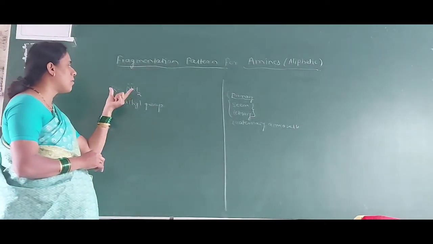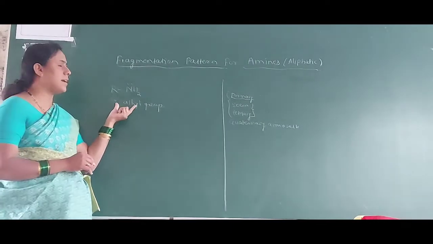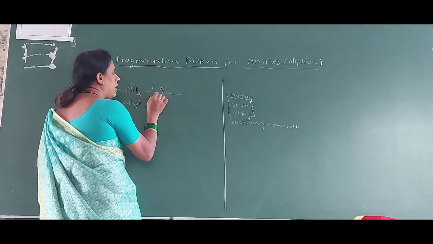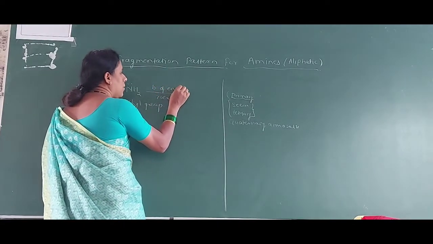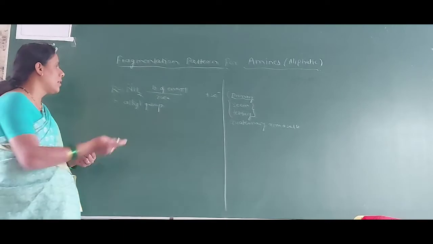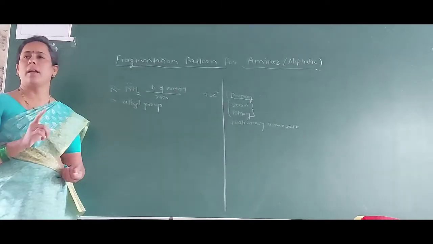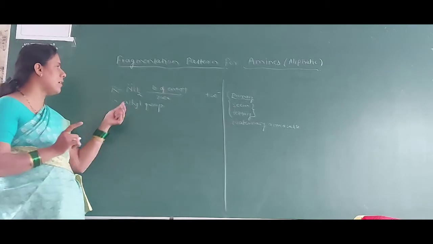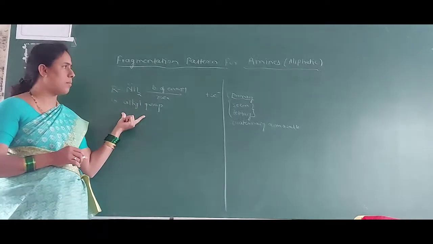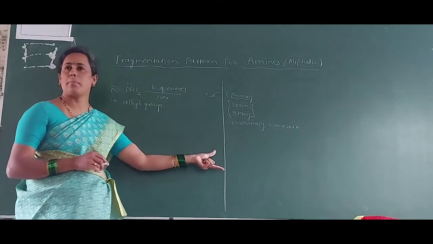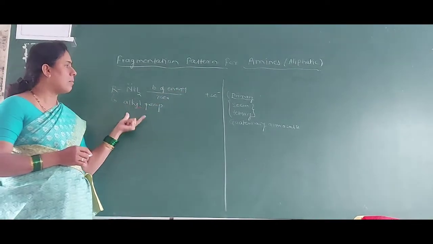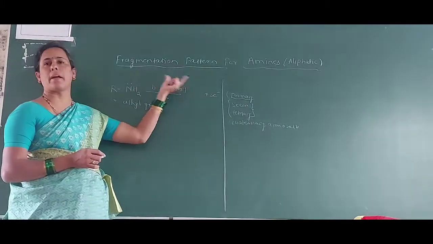First, we have to convert the given compound into a molecular ion form. That is, we bombard it with high-energy electrons, with the liberation of 2 electrons. After that, we have to cleave the alkyl group in such a way that we get the required mass spectrum. First of all, we will take the example of an aliphatic amine. Then we will draw the mass spectrum pattern for a particular compound, and whatever peaks are present in that compound, we have to explain with the help of the fragmentation pattern.